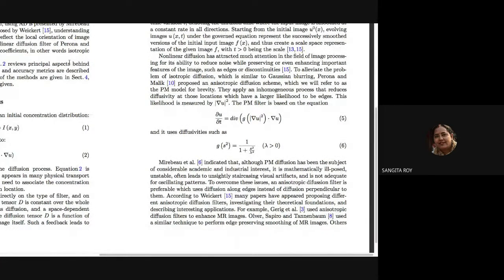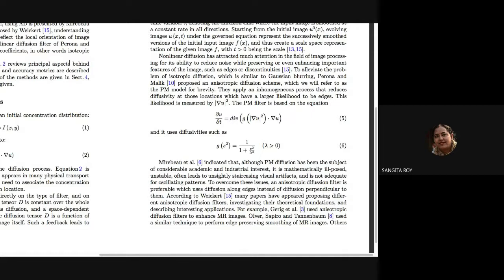To overcome these issues, an anisotropic diffusion filter is preferable, which uses diffusion along edges instead of diffusion perpendicular to them. According to Weickert, many papers have appeared proposing different anisotropic diffusion filters, investigating their theoretical foundations and describing